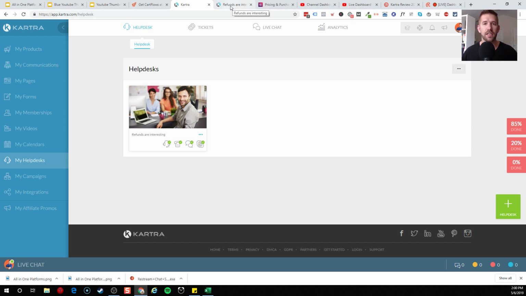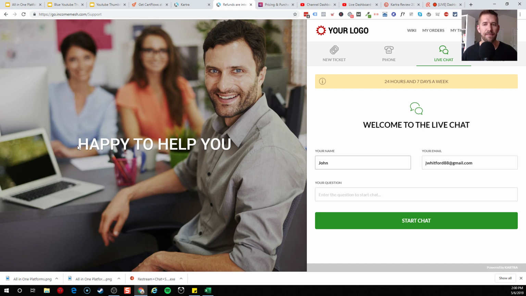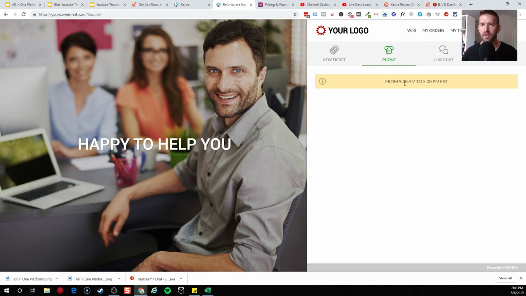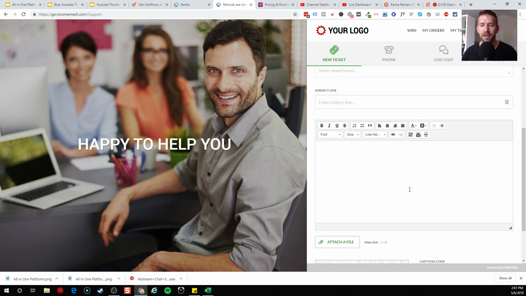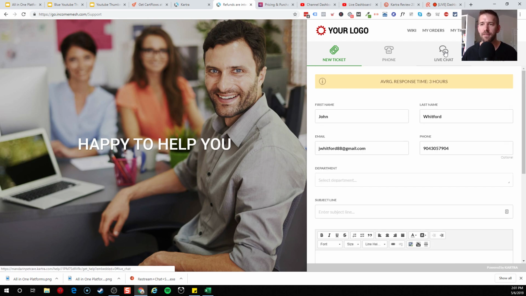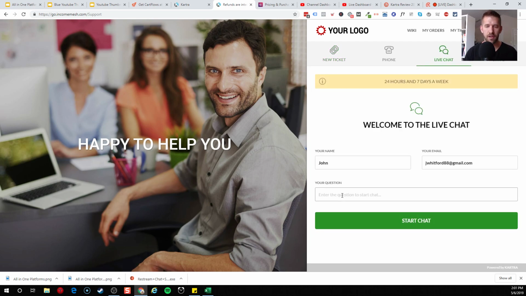To illustrate this, I have the example page, and this is an example one here on this account. If you want to get support, and I'm directly here on the support page, you'll be able to choose if you want to call them. You can set up all the different parameters of when you're open. You can set up tickets. So instead of just fielding emails or Facebook messages and wherever people are hitting you, you can funnel them into a ticket system, which can help you and potentially your support team do a better job at handling it and measuring it and all that good stuff. Or you can do live chat. Let me show you live chat real quick.